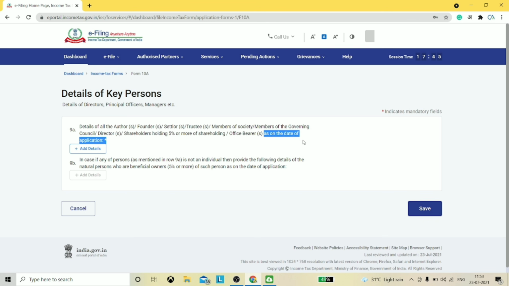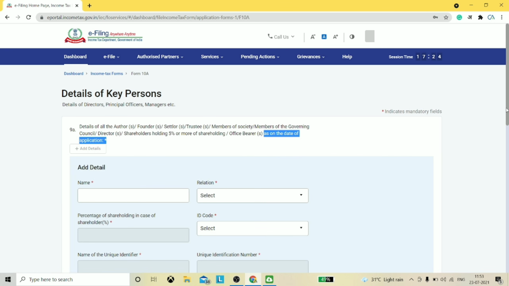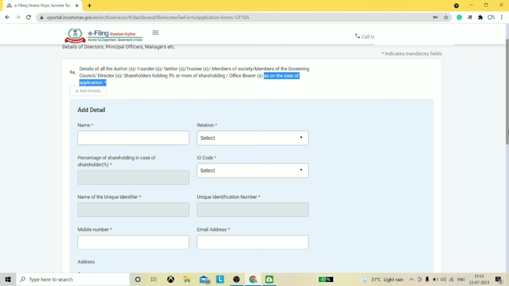I repeat, here the details of all the authors, founders, settlors, trustees, members of the governing body, directors, office bearers have to be provided, who are there on the board as on the date of application. By clicking on add details, the following details can be filled.